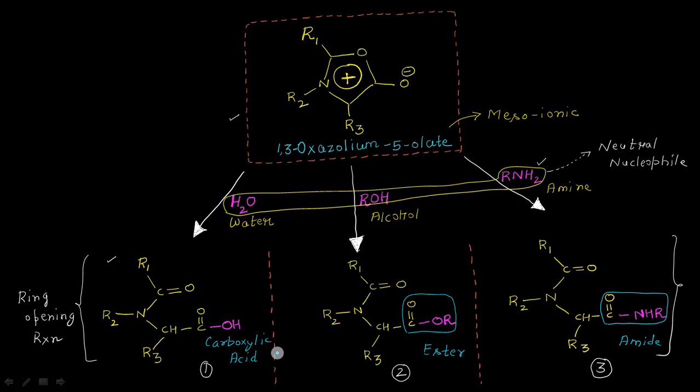So the first product is a carboxylic acid, means meso-ionic, upon reaction with water will yield some sort of carboxylic acid, and the same molecule upon reaction with alcohol will result in the formation of a molecule of ester. And in the last case, that is with amines, it will result in the formation of an amide like this. Okay, so now we can also say that because it is resulting in the cleavage of the ring from here, which is known as lysis,